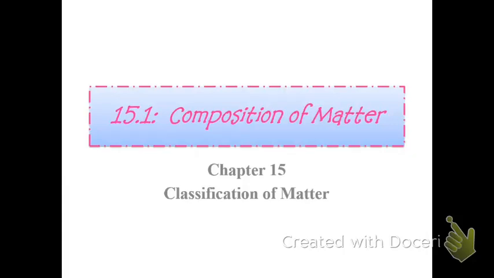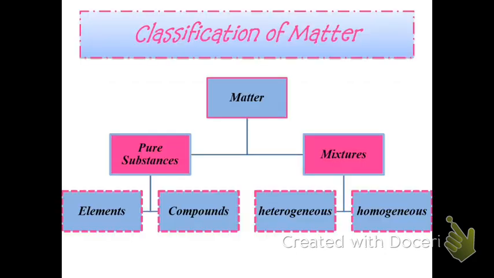Alright, this is chapter 15, section 1, and we're talking about the composition of matter. The composition of matter is basically that we're going to classify and put matter into different categories. Here is a nice little chart that starts to branch matter into different regions. And so we have this broad classification of matter, where we have matter, of course, at the very top